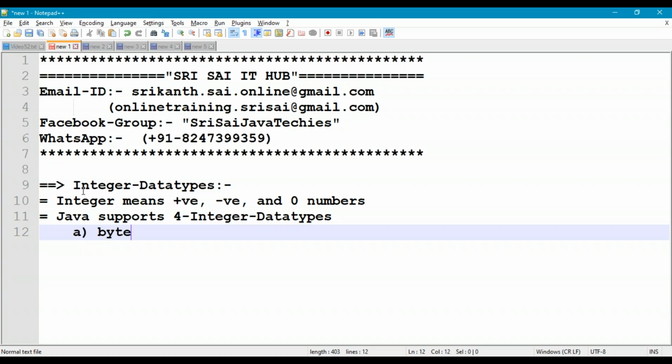So what is the size of byte data type? So the size is 1 byte, which is 1 capital B, and it is equivalent to 8 bits, or 8 small b. So this is the byte data type size, and its range is -128 to +127, which is